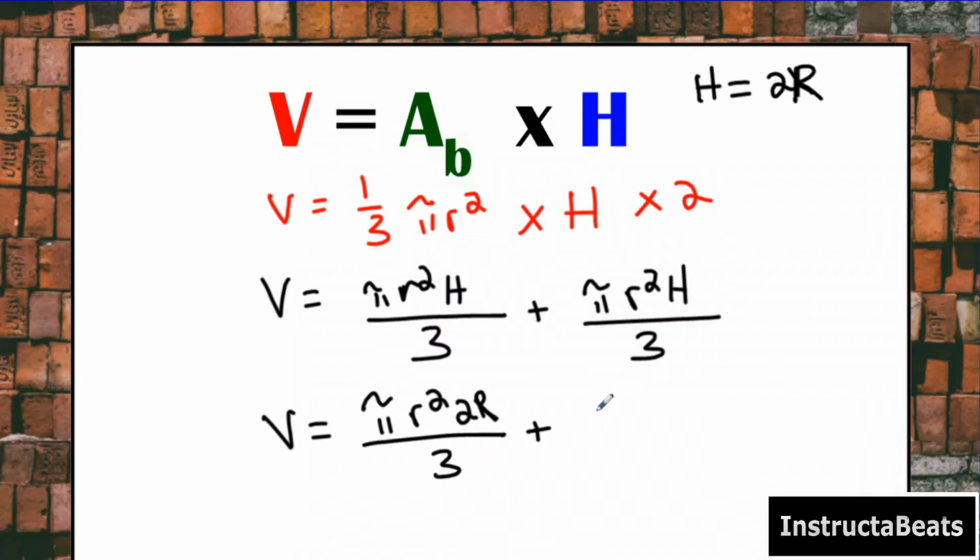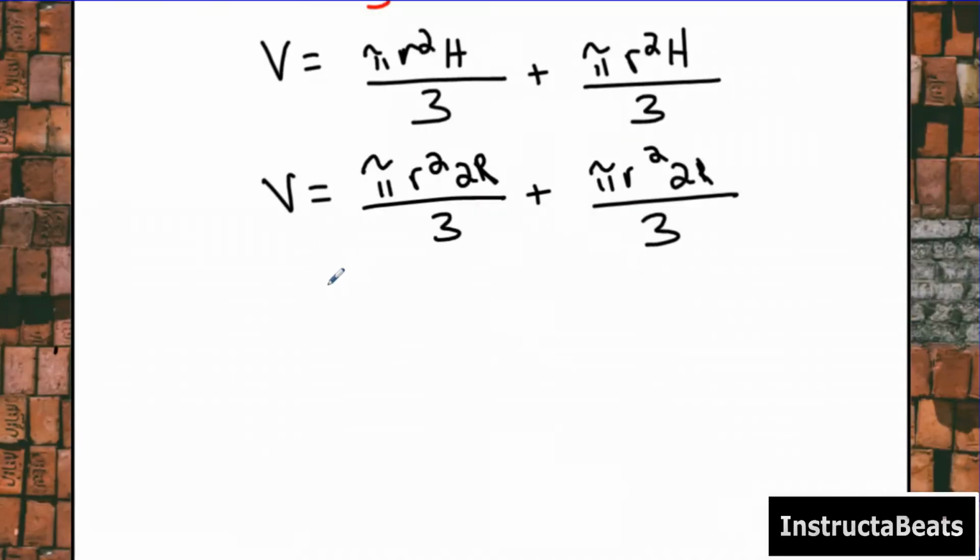And then I'm going to do the same thing here, pi r squared, and then I'm going to substitute my height for 2 radiuses, which is the same thing, as I just pointed out on the last slide, divided by 3. So now that we've done that, we can combine this, and we can put the 2 in front, because typically in math you put the coefficient in front, and we're going to say 2r